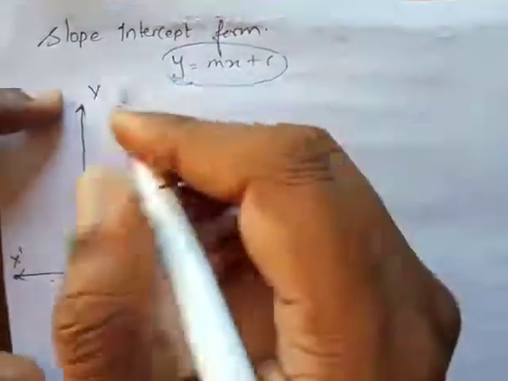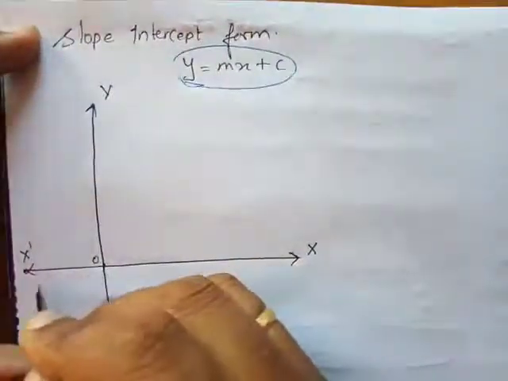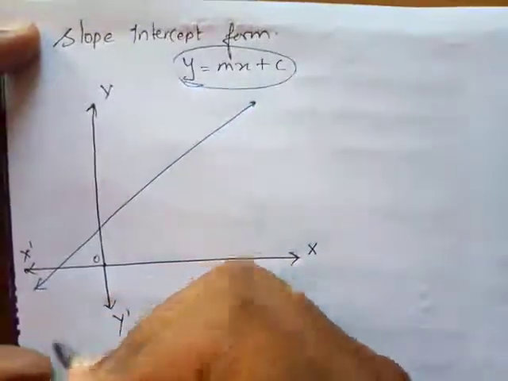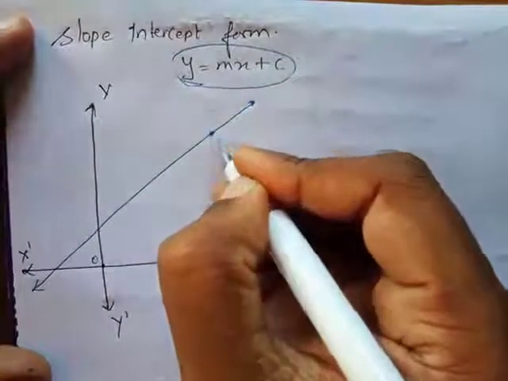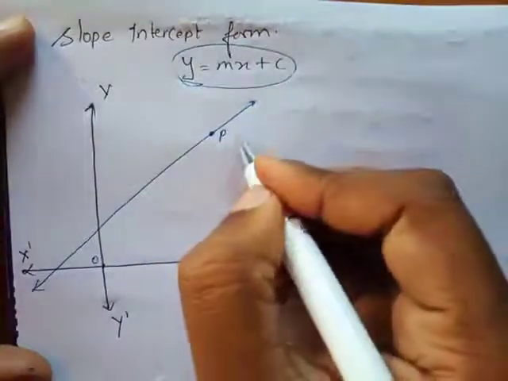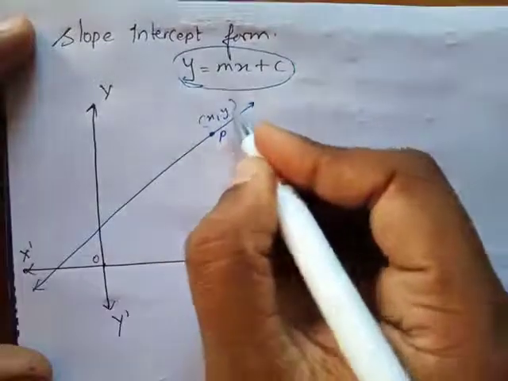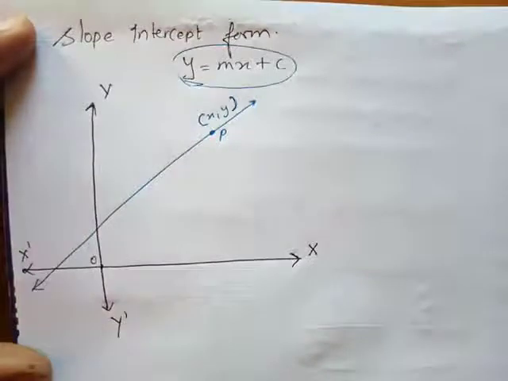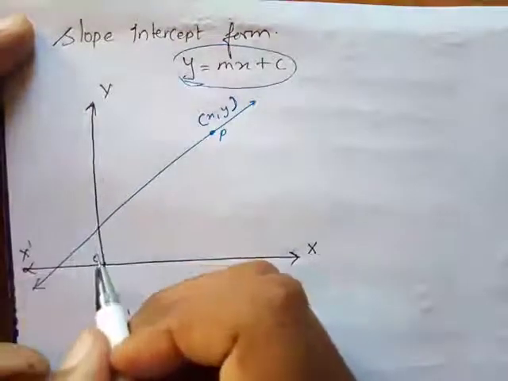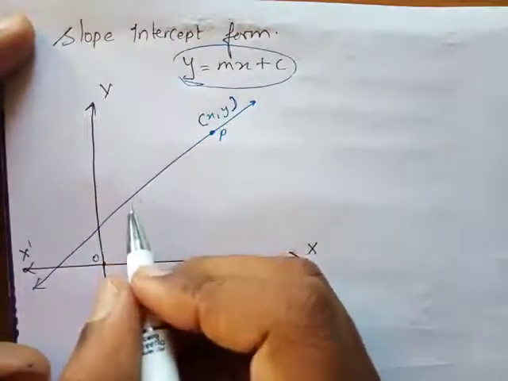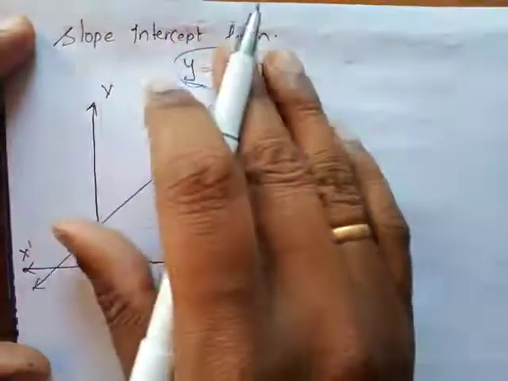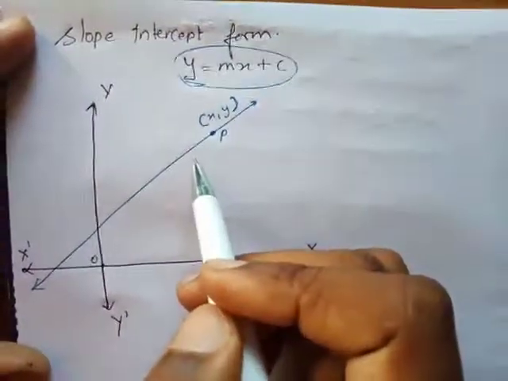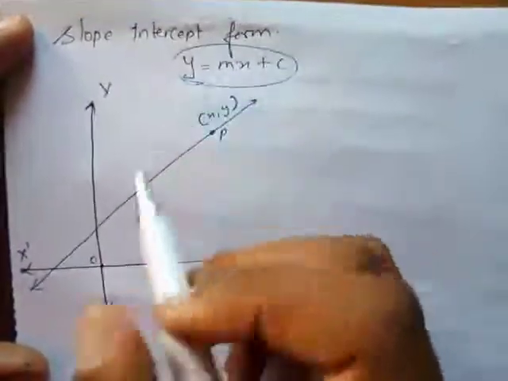So I'm going to assume that I have a line given to me, and the line is this. This is a straight line given to me, and there's a point on this line, and that point is P, and the coordinates of this point are x comma y. I don't know them, that's why I'm writing x comma y. Now what I basically have to do is find the equation of this line. I don't know it right now, I have to make an equation. This is the equation of any straight line given, but how did this equation come up? We are going to learn that.